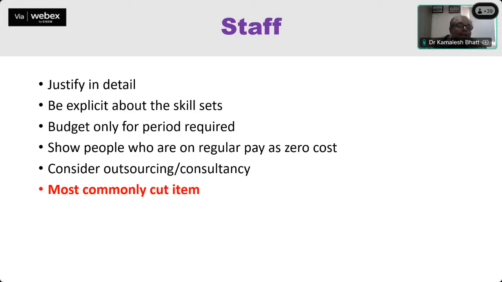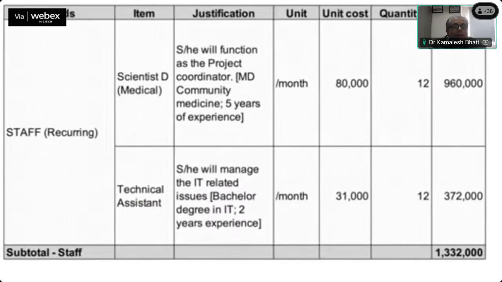Okay, and certain things, suppose you want to develop some website or like that, there is no need to assign a particular person, but you just consider outsourcing. Okay, because this is the most commonly cut item while the budget is being granted. So here you can see that the item you have to write specifically, say for example, scientist D,